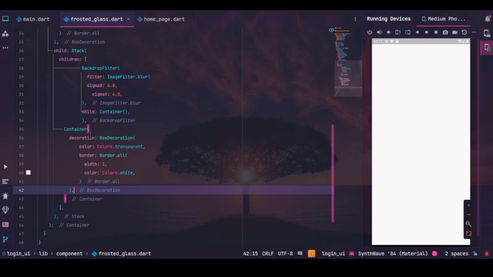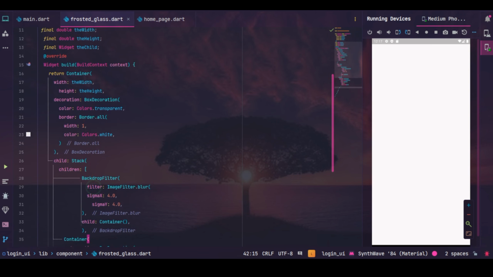Now let me change this transparent to the amber color,